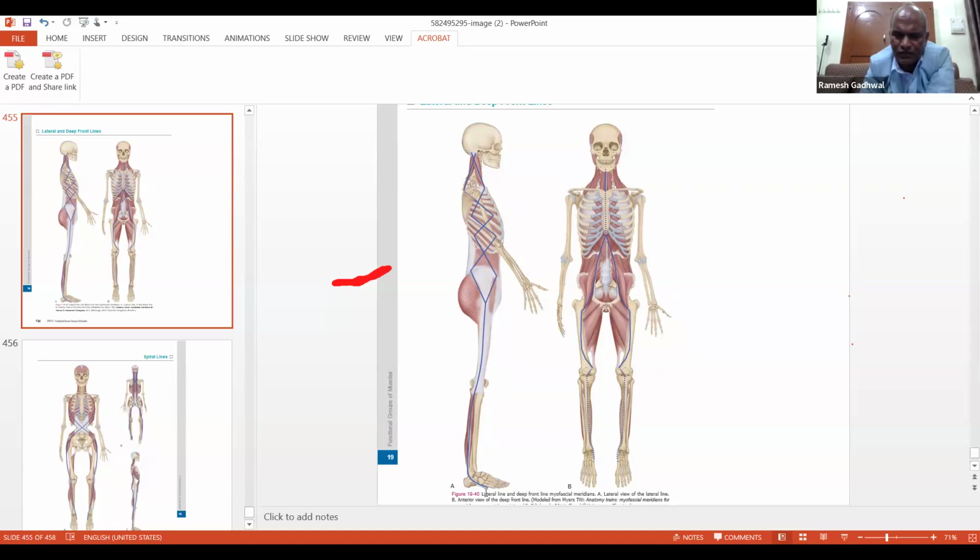So the lateral line also goes through the plantar fascia, then soleus muscles and the fibularis muscles. Then it is joining with the tensor fasciae latae. Then it is joining with the intercostals, ribs, and then it joins with the sternocleidomastoid and splenius capitis muscles